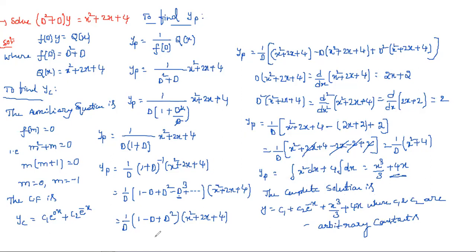Okay, same procedure as what we applied for the first problem. First, we need to take the lowest degree term. This is D. We took it common, and then we applied the expansion of the binomial, and then we multiplied this polynomial, and then we applied the derivatives for that and simplified.